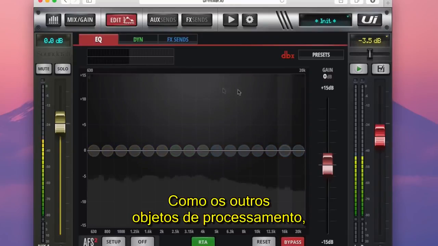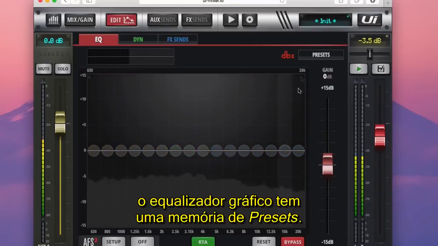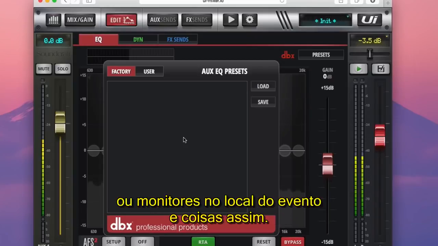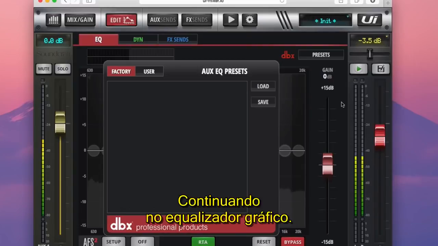As with our other processing objects, the graphic EQ has a preset recall as well. This is great for storing and recalling EQ settings for a specific monitor or a monitor in a venue or such like. Moving on from the graphic EQ,